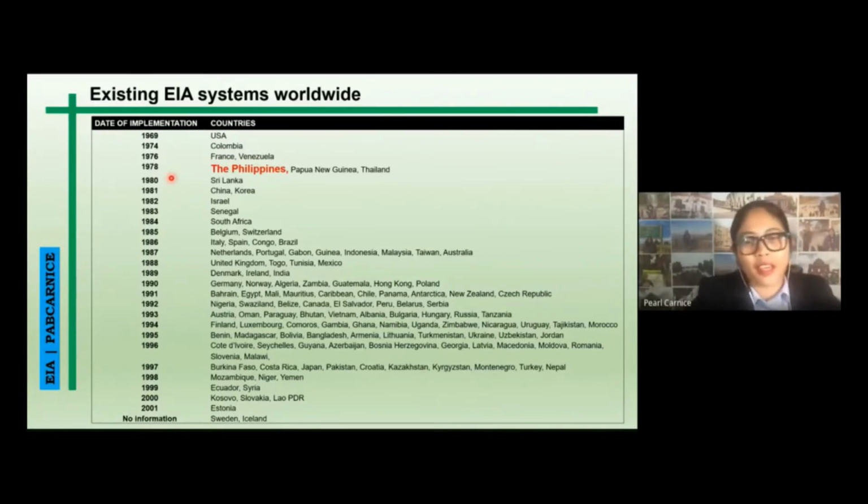And to that, I would say I'm actually proud that the Philippines is one of the first countries to have the EIA system, because as we all know, as we discussed last meeting, the EIA is very important for us to assess the possible impacts of a certain project. So the strength of the EIA system actually depends on the strength of the legal and institutional